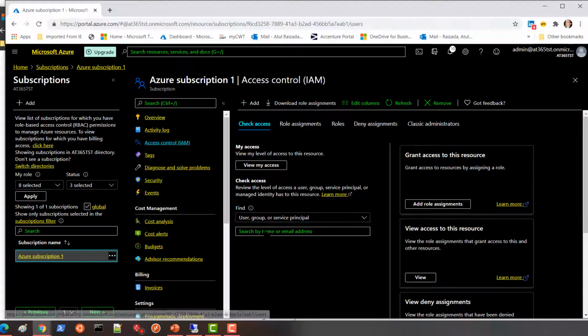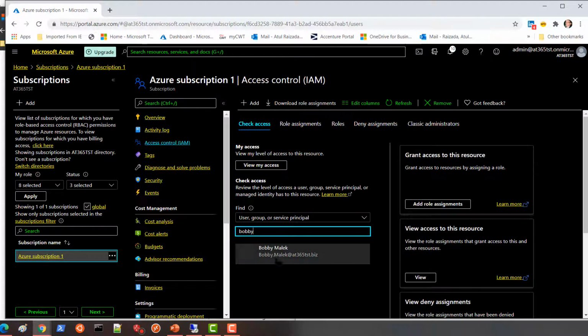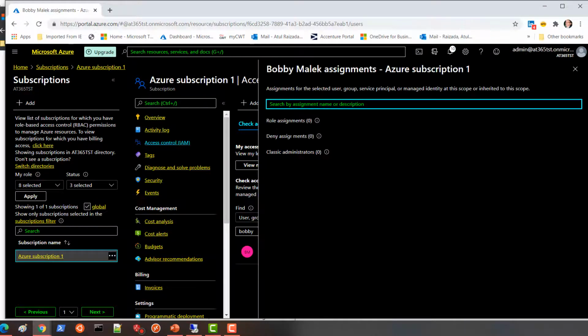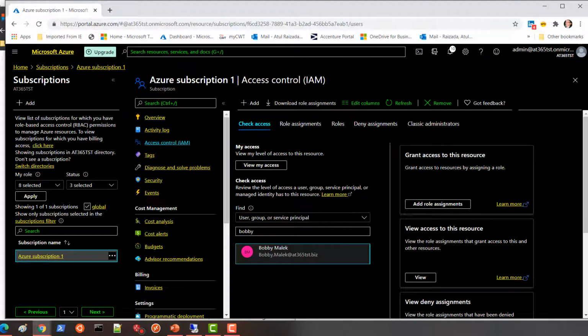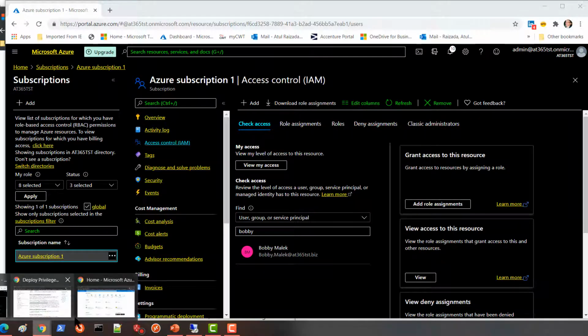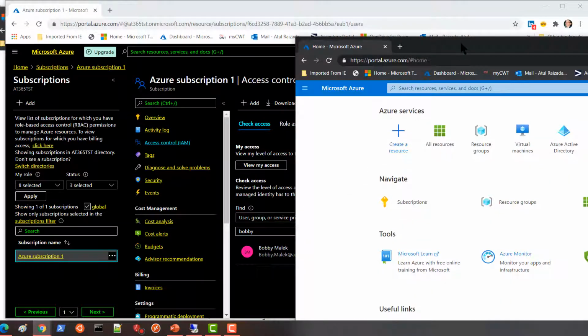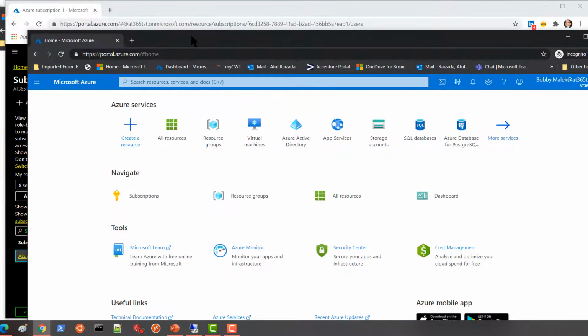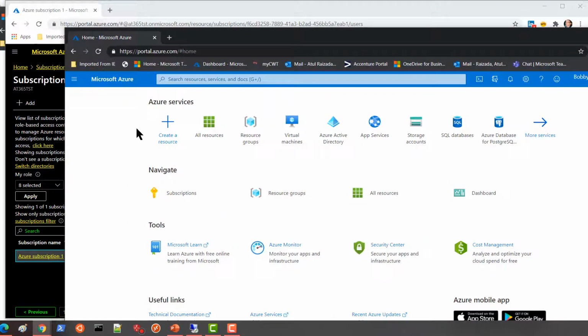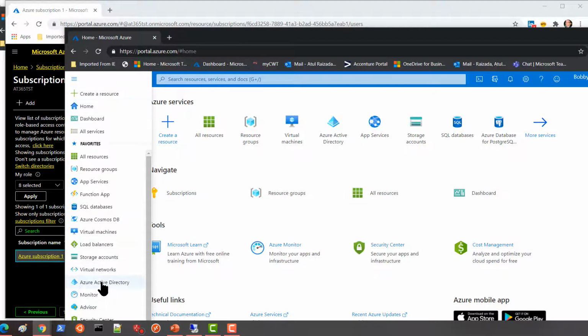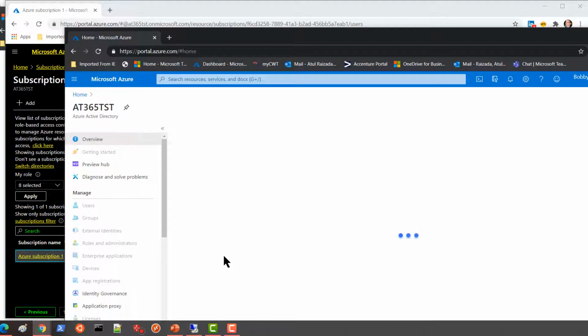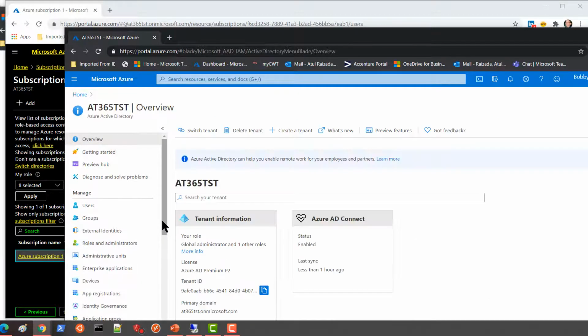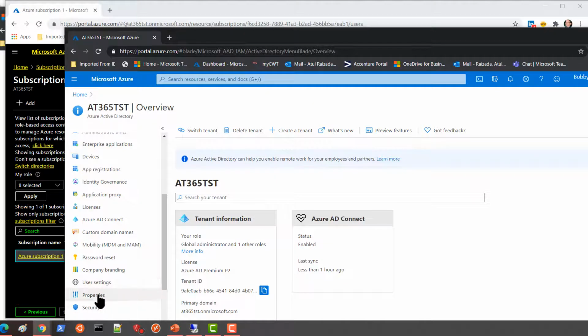I can check it quickly. And Bobby has 0 rights here, right? Perfect. Now, as Bobby has the global admin rights, supposedly he logs in as Bobby. If I'm logged in here as Bobby, yep, what he could do here is go to Azure Active Directory. He's a global admin, right? He has the rights, and he can go to the properties,